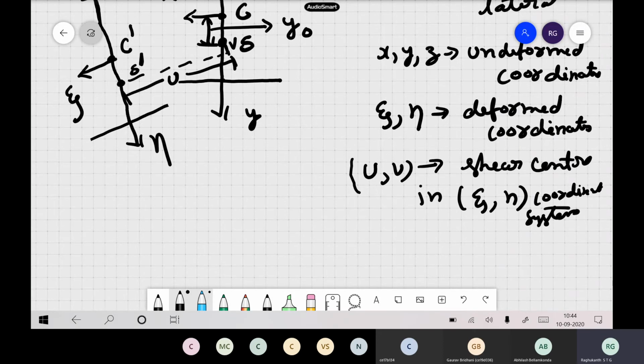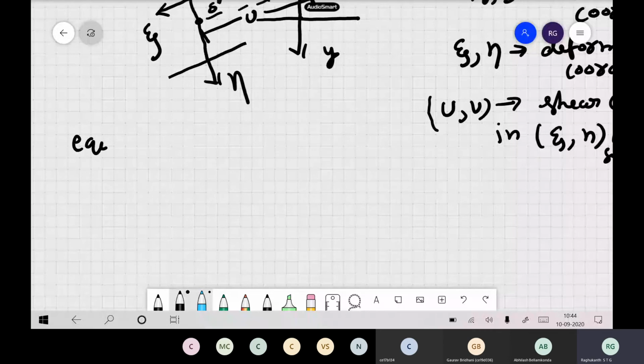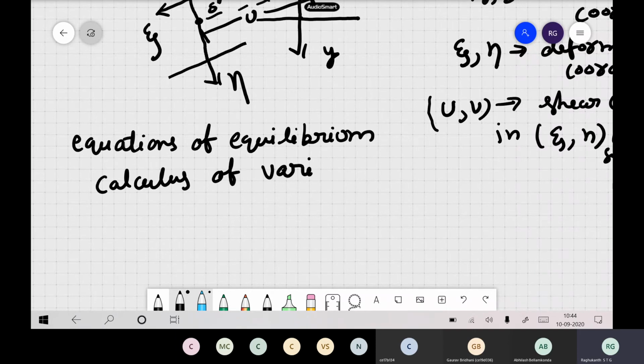Now we will try to find out, to derive the equations of equilibrium for this type of problem. Because it is a complicated problem, the best way is to use the calculus of variations. It is very easy in calculus of variations, as we have seen in the previous problem also, right? You write the energies and then use the Euler-Lagrange differential equations. Automatically you will get our equations itself.